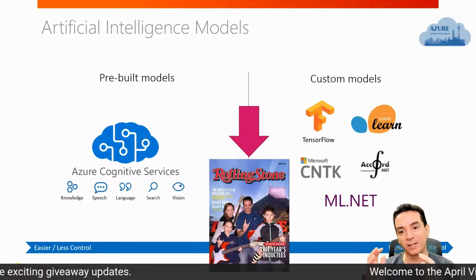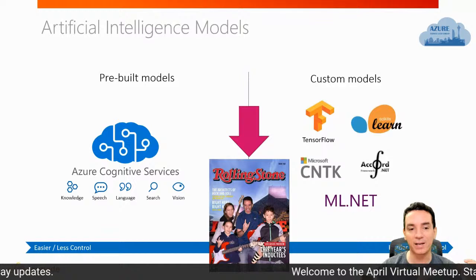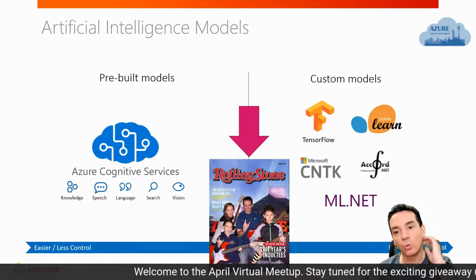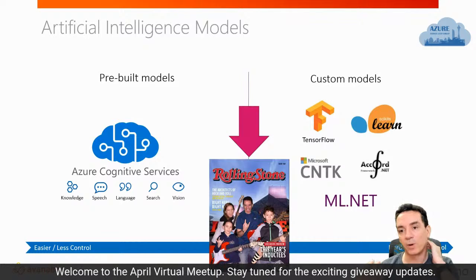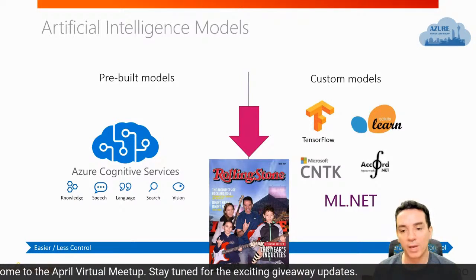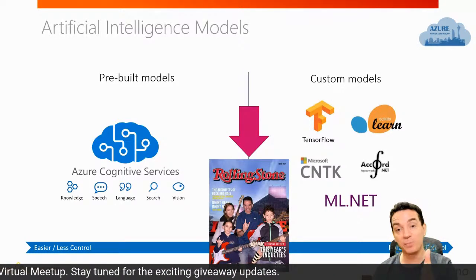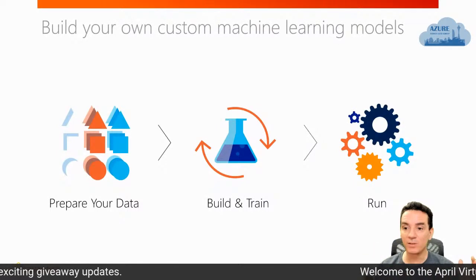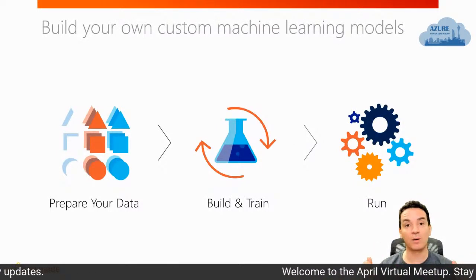I need something that, hey, I don't want a packaged one because it's not fitting my needs, but I also don't want to create something from scratch. I don't want to start to code a lot here. And lucky for us, in this middle line, we have a service from machine learning, from the cognitive services, that